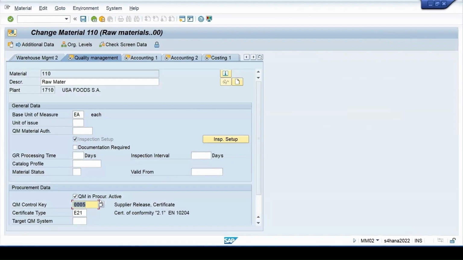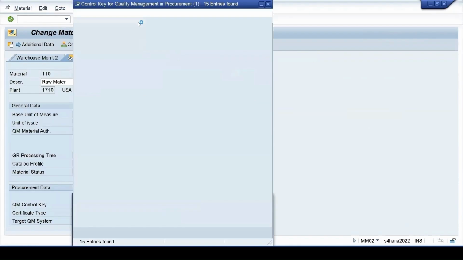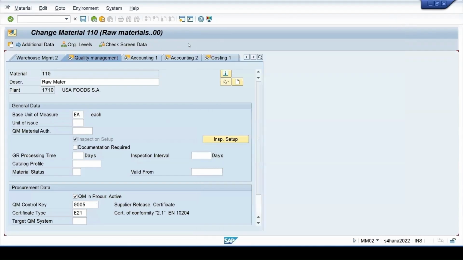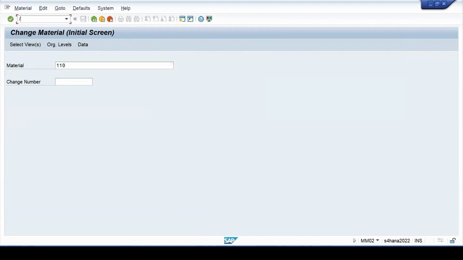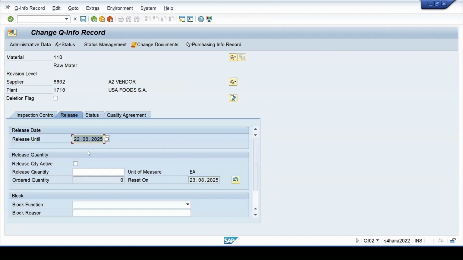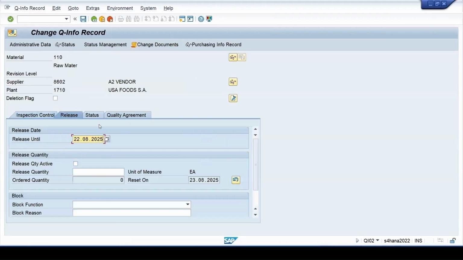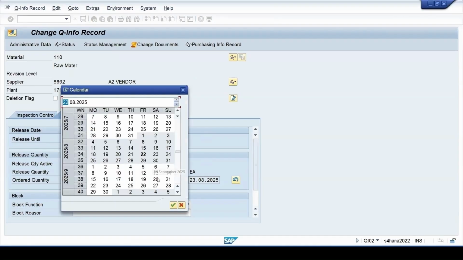Let me again go to my material. We can control a few things from here this way. Now let's again check my quality info record, device 0 enter. If I go to the change mode, this is the release date purpose.